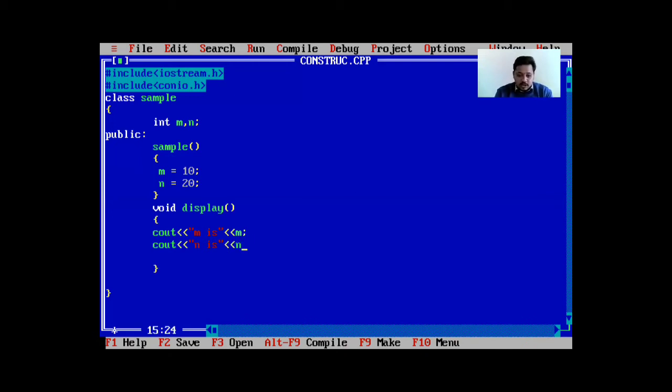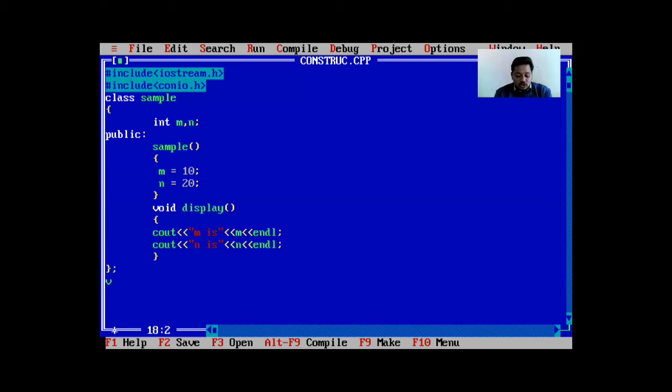So here after m, I will use endl in order to go to next line. Here also I will write endl. That means in display function, we are just displaying the value of m and n. After that, we have to close the class. So after class bracket closing, I will write the semicolon.